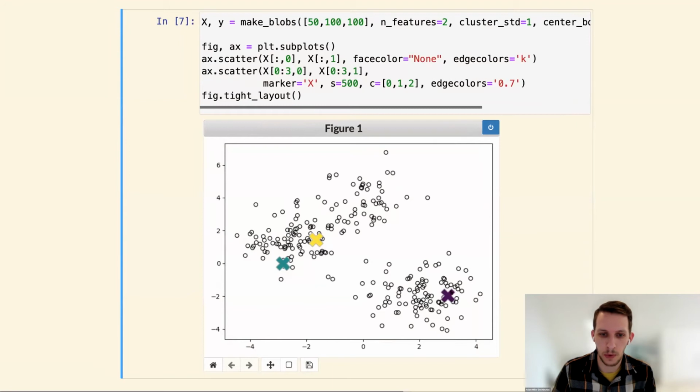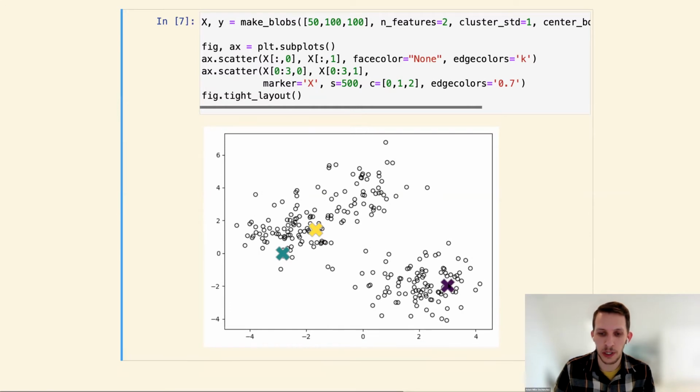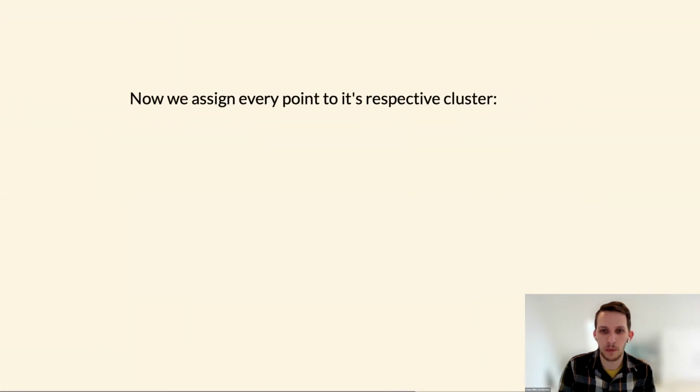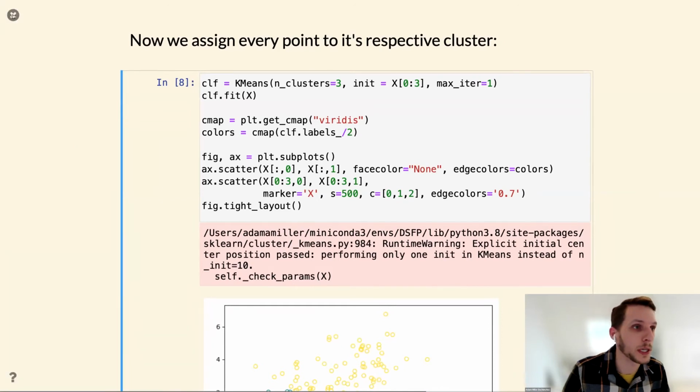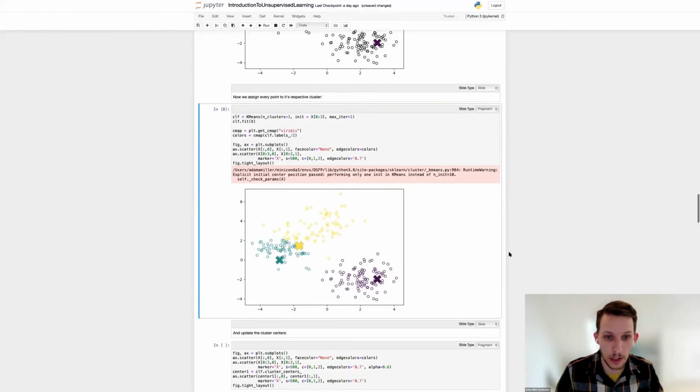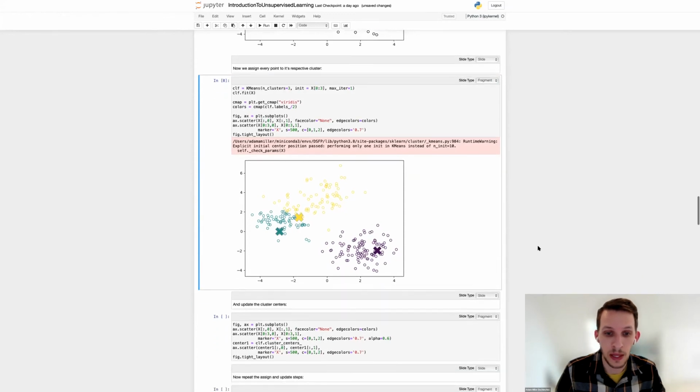So here we see that we have a whole bunch of data in a 2-dimensional data space, and we have 3 cluster centers, right? That's what these large X's are here, right? So now that we have these cluster centers, we're just going to figure out, okay, these points are closest to this cluster center, so they belong to this cluster. So we're going to figure out which cluster everything belongs to. All right, I am going to exit the slideshow view so that we can actually look at these figures. My apologies that this isn't working as planned. Okay, so